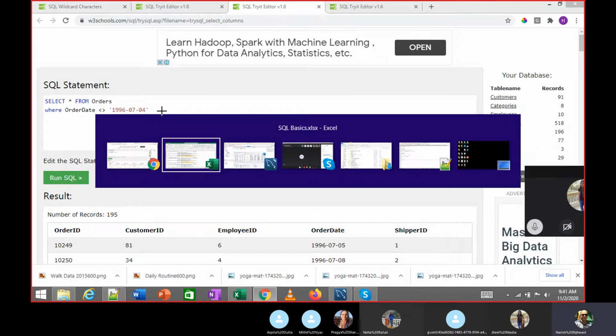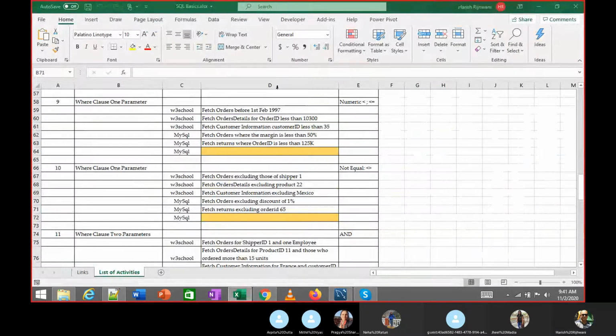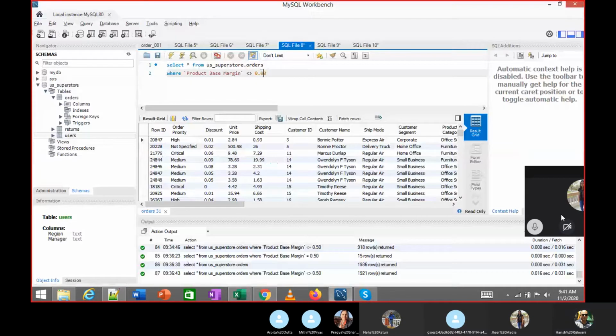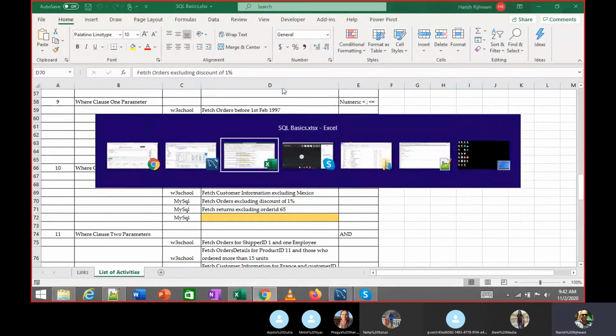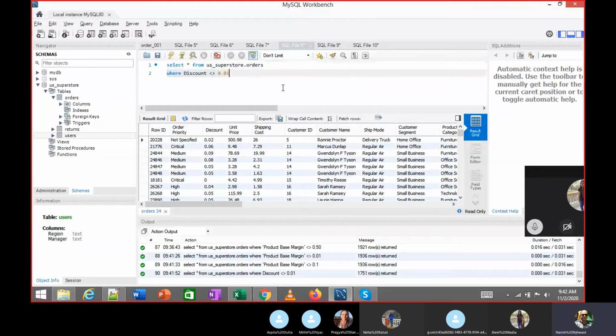Anybody facing any issues? So this is the one where we are excluding records for discount as 1%.